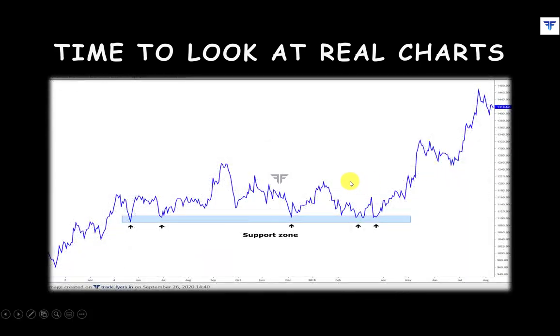In this line chart here, notice how well a support zone held. Ever since the price made a first low, every decline going forward was accompanied by strong buying interest near the vicinity of this low. Eventually, as you can see, the sellers gave up and the buyers won over the battle.